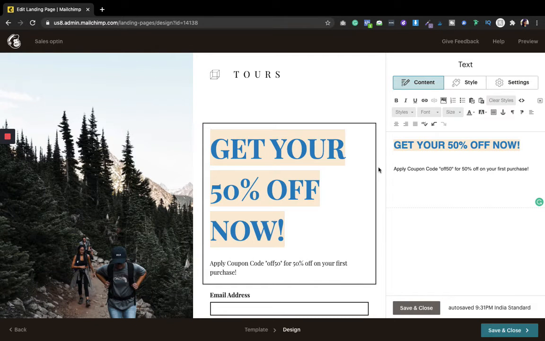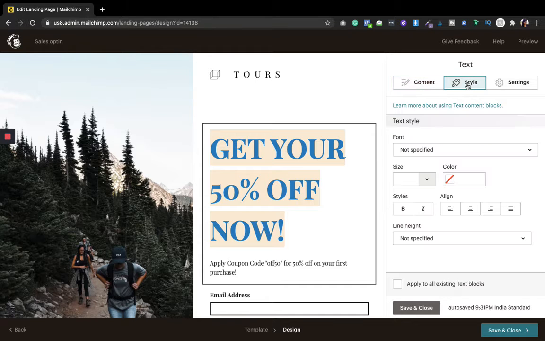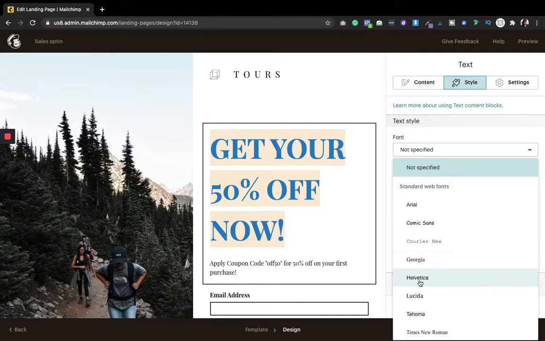So I have created something like this. It looks good to me. If you also want to change the style and everything else, you can do that. It is completely customizable. So if you want to change anything from this text font, you can do that.